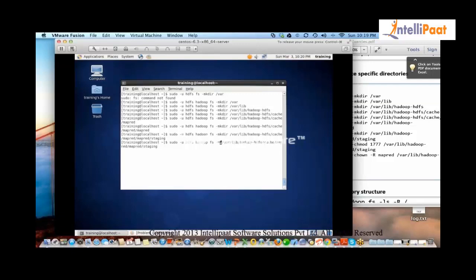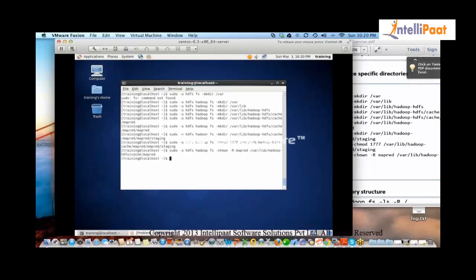In this step, all you're trying to do is relax the permissions on Hadoop specific directories. Now I am changing the owner of the directory cache/mapred, and I want to make the owner mapred and not HDFS.